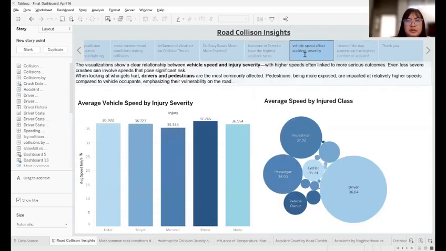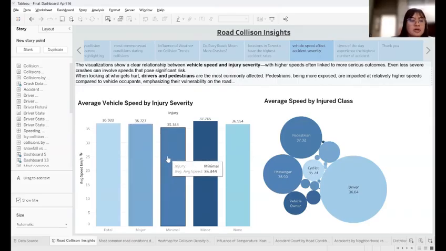For the second question, it is speed and injury severity. How does the vehicle speed affect the accidents? So in this slide, it shows the impact of speed on the severity of injury. On the left side, we can see that a small increase in speed leads to more severe injuries. Minor injuries occur at 37.7 kilometers per hour, and the fatal injury and the minor injury clusters are also around 36.7 kilometers per hour. Even minimum injury happens at over